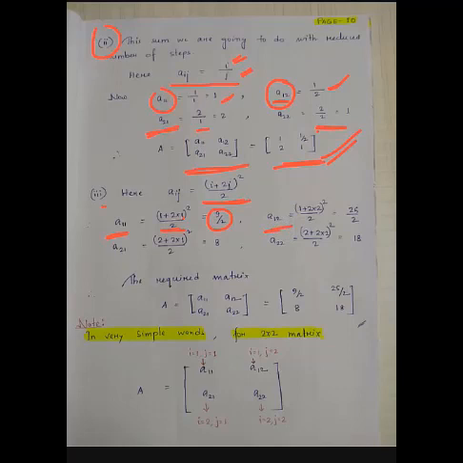A12, in place of i we are getting the value 1 and for j it is 2. So on simplification the result is 25 by 2. So for